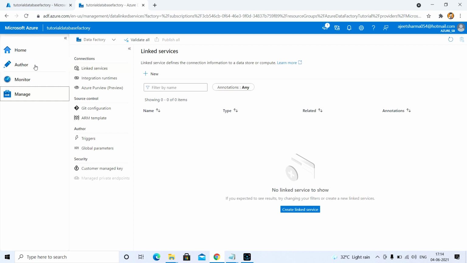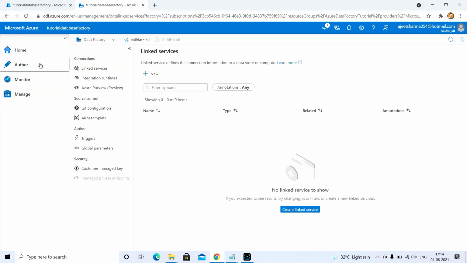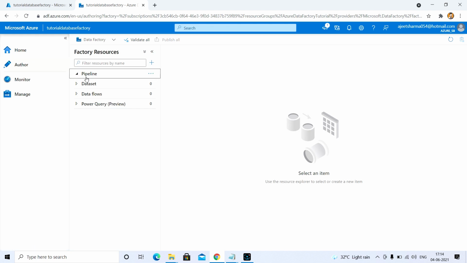So in my case, first of all, I will link a service. For that, first I will create a pipeline.